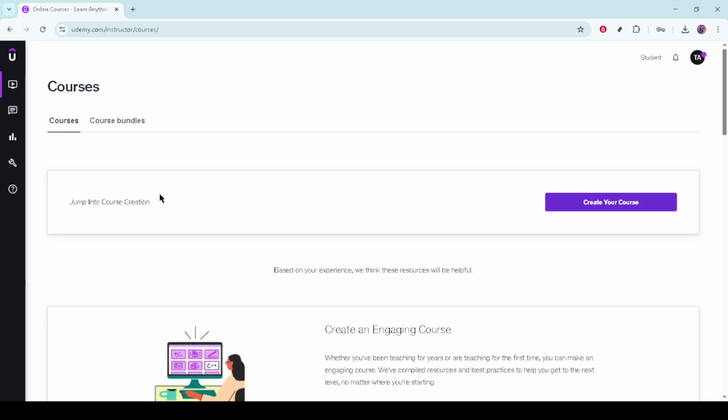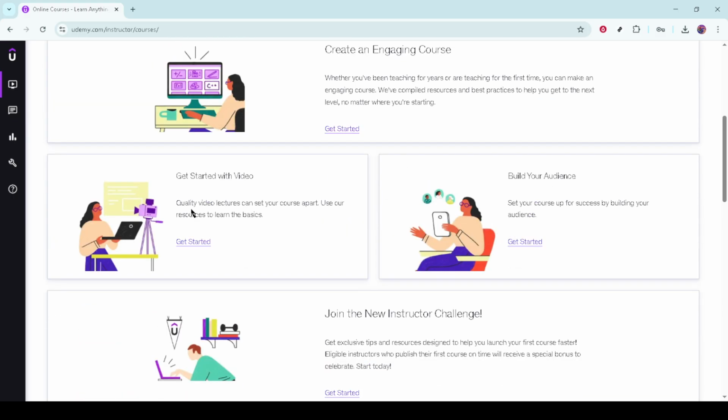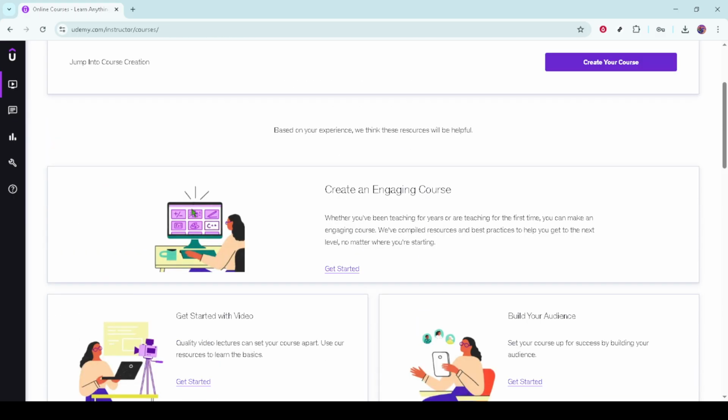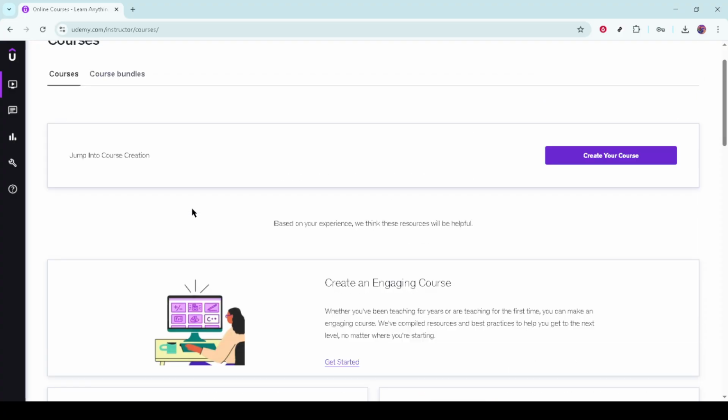Now, scroll through your list to find the course you wish to delete. Click on the title of the course or the thumbnail image to navigate to the course management page. This section provides details and settings for your specific course. Once here, look for the Edit/Manage Course button. Clicking this will bring up several options you can tweak or adjust, but our focus is on deletion today.